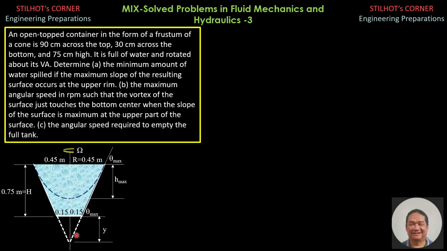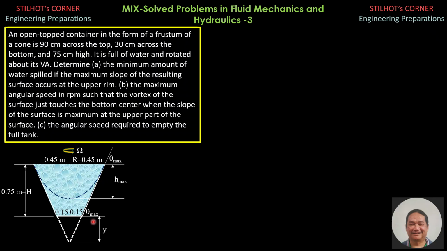Now for angular rotation such that the maximum slope is less than this, then you can directly solve the volume spilled by the parabolic surface. It is always crossing the top rim if the tank is full at the start. But for any angular speed greater than the angular speed such that the maximum slope occurs at the upper rim, then the maximum slope is always this slope here, and the parabolic surface will just drop, and so on and so forth.